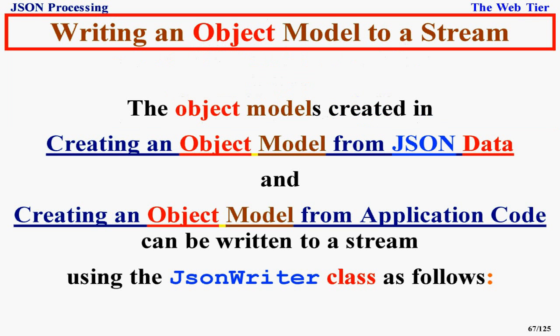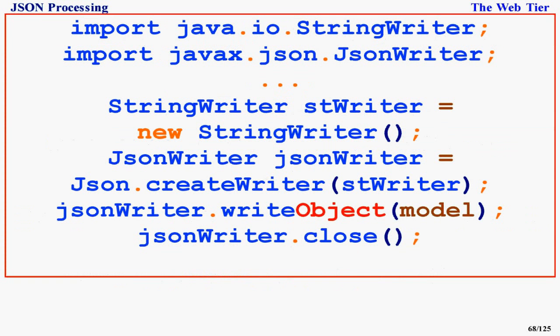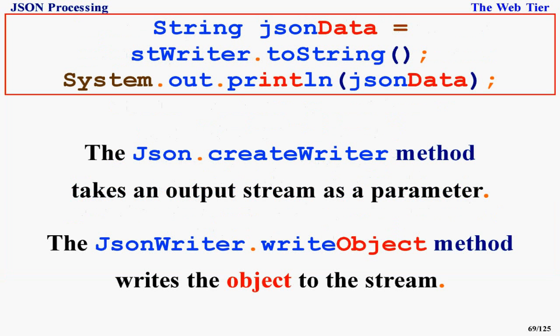Writing an object model to a stream. The object models created in creating an object model from JSON data and creating an object model from application code can be written to a stream using the JsonWriter class as follows: import java.io.StringWriter; import javax.json.JsonWriter; StringWriter stWriter = new StringWriter(); JsonWriter jsonWriter = Json.createWriter(stWriter); jsonWriter.writeObject(model); jsonWriter.close(); String jsonData = stWriter.toString(); System.out.println(jsonData);